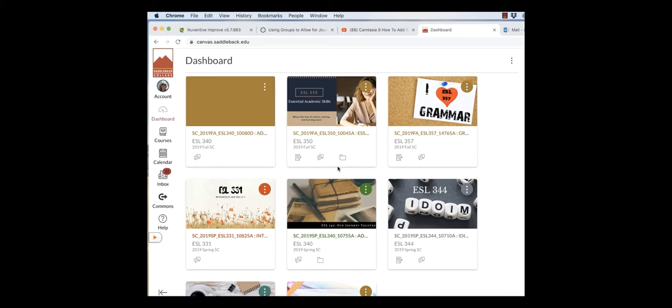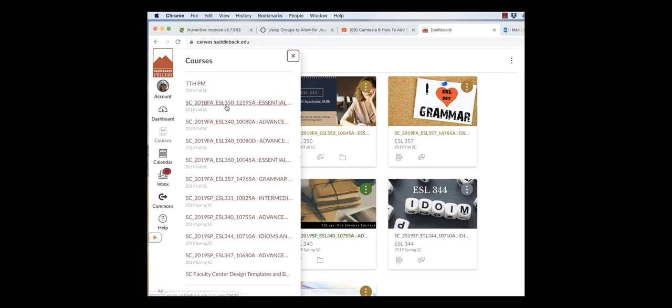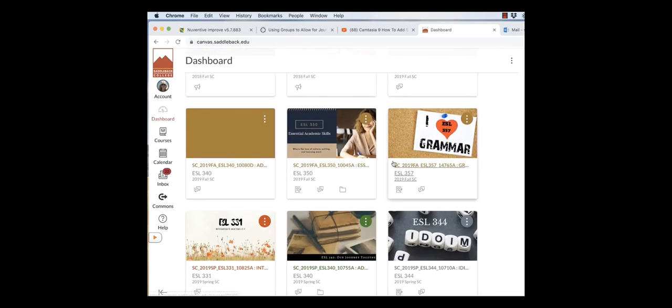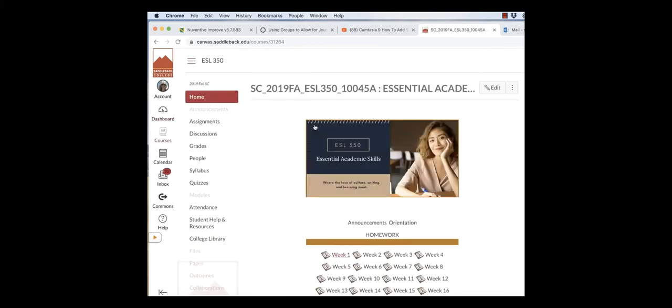What you're going to be looking for is this picture right here. It's ESL 350 Essential Academic Skills. You can also get to it by courses, and you can find the ESL 350 Academic Skills and just by clicking on that. But again, the dashboard's easier because it shows a graphic of the particular courses that you are in for the semester. So once you see this ESL 350 graphic, you just want to click on it,